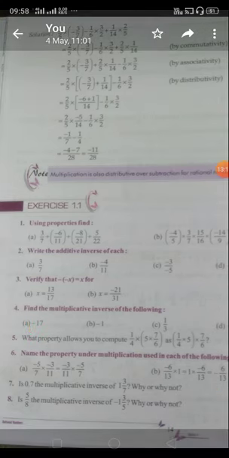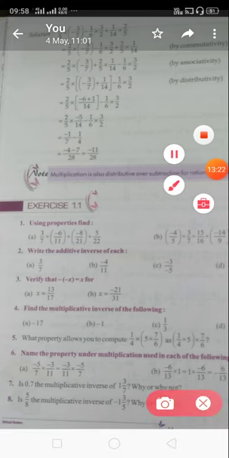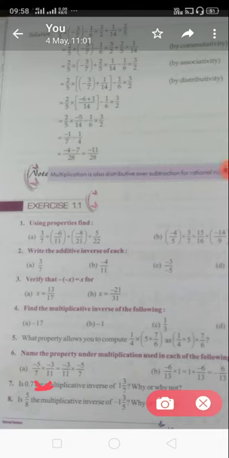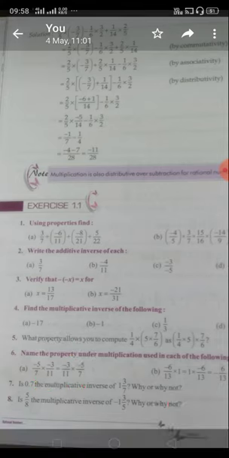See, here is written first minus 5 by 7 and third 3 upon 11. In the second case what is written? Minus 3 upon 11 first and the second time minus 5 by 7 is written, which means here we have changed only the order. First here is written minus 5, then minus 3, but here is written first minus 3, then minus 5. Just the order changed. The property in which order is changed, you know it. Order changes only in the commutative property. So here which property is applied? Commutative.